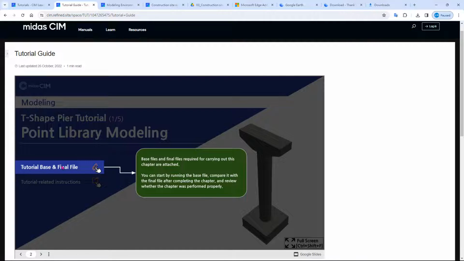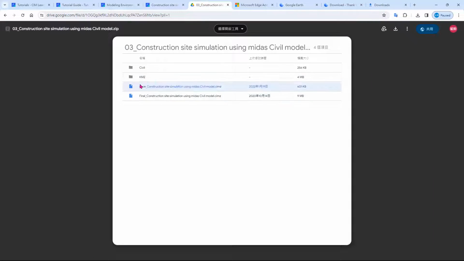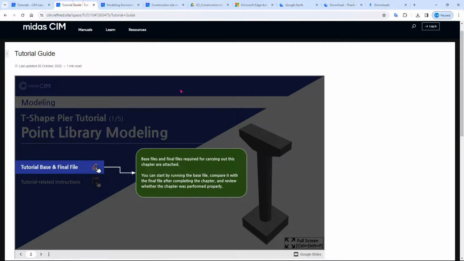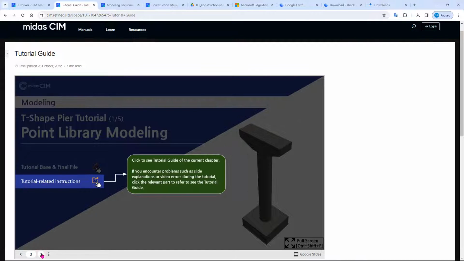You can click in here to download it. It will forward you to the Google Drive like this, so that you can download the file that you require. And after that, this is also the tutorial related instruction. This tutorial related instruction is this tutorial, so you don't have to worry about this.